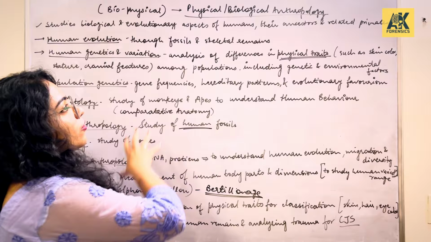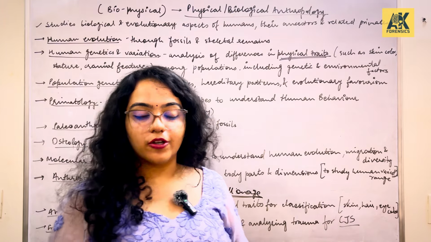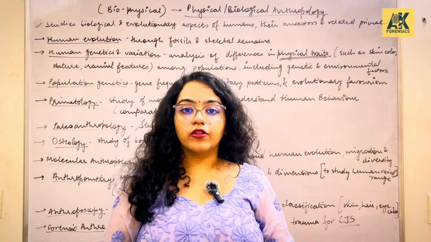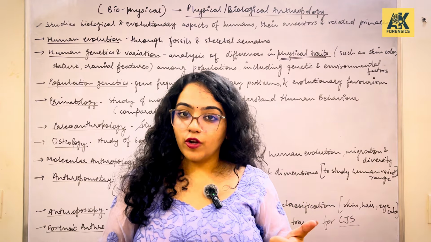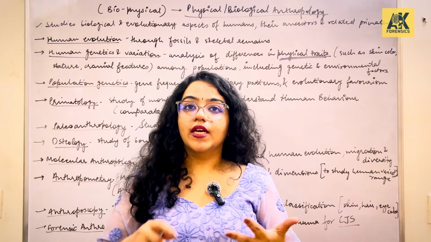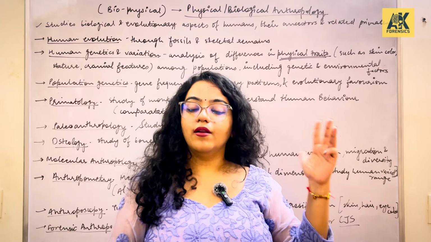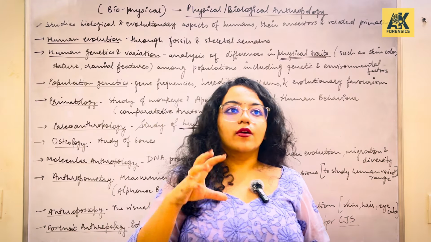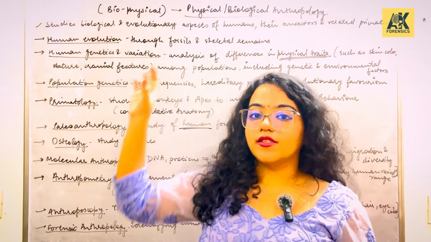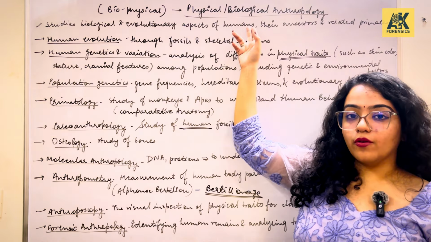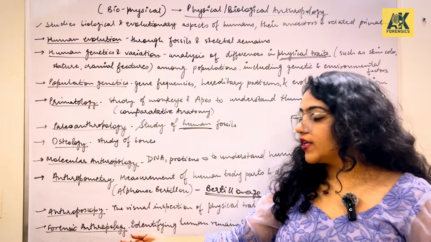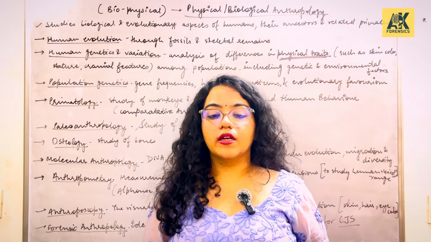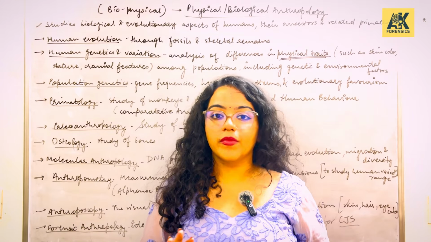So this is all about the physical and the biological anthropology. We have discussed all the 4 different branches of anthropology, which were the cultural anthropology, the linguistic anthropology, the archaeology, and the physical, biological, or called the biophysical anthropology, right? What is most important to us is this physical or biological anthropology, in which our forensic anthropology is getting covered, right? From the next video we will be learning about forensic anthropology only, right?